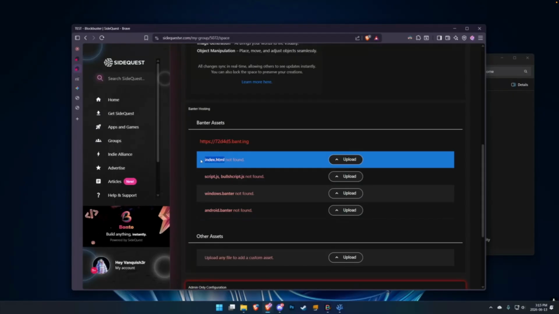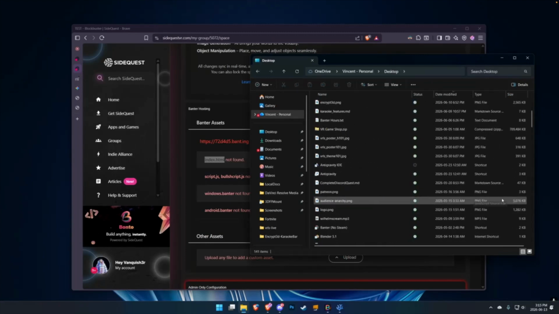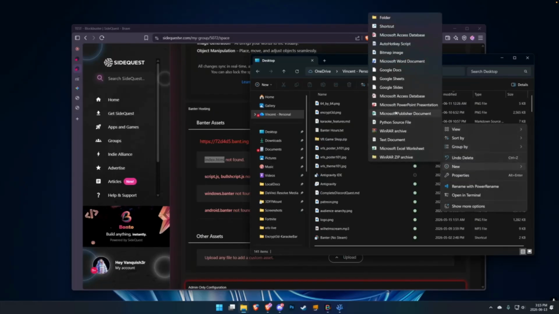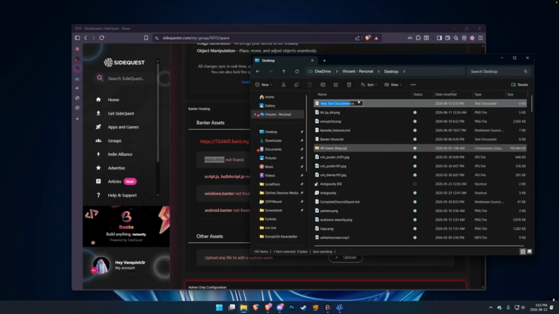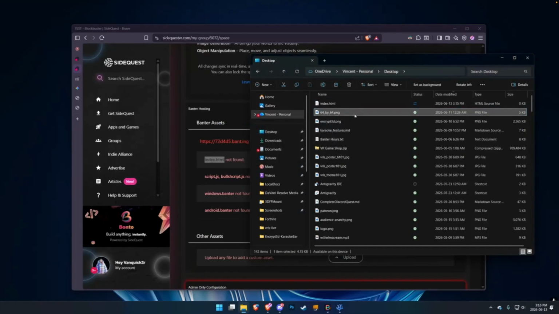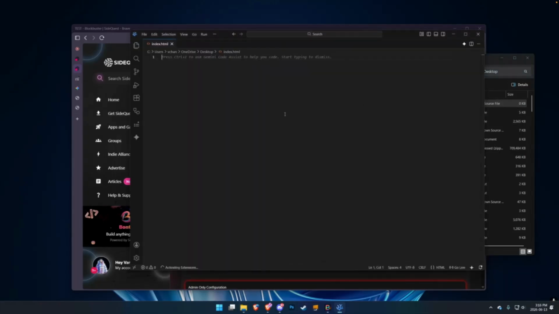So first of all is the HTML. So we want to just create a new index.html. So I'll just create one here. New text document. Just name it index.html. Yes. So now I have this. I can open it with my text editor. And from here, in order to